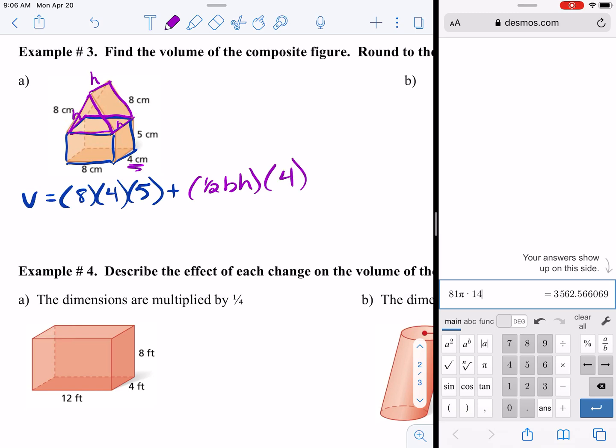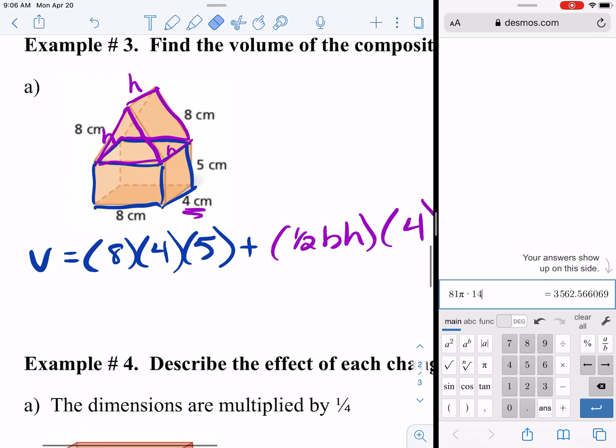The tricky part is finding the area of the base of this triangular prism. So I'm going to erase some of these figures and lines because the area of the base is the area of this triangle right here. Okay, and we need to know what this length is, h. Well, if we know that it's an equilateral triangle, 8, 8, and 8, we had a couple examples like this last unit